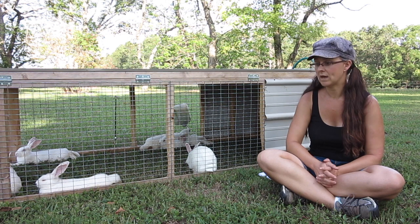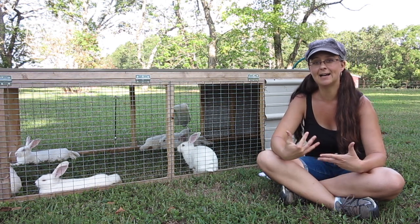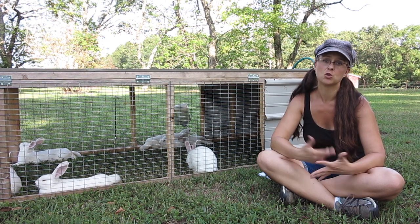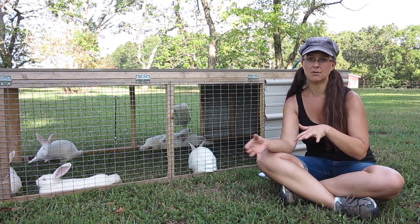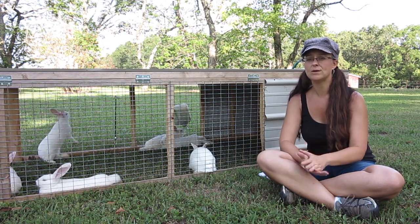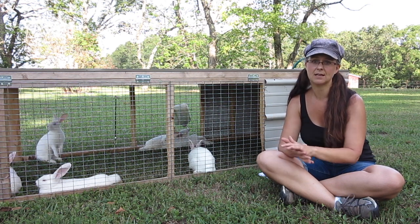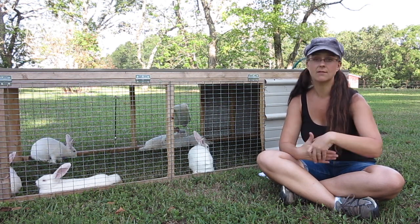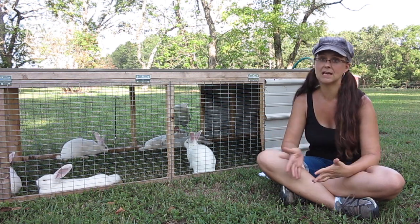Sometimes when the foliage is really rich and they're having such a great time, I will actually move them twice a day. Now, as an aside, it is important when you have rabbits in a rabbit tractor to move them every single day. Not just to give them more to eat, not just to save your pocketbook, but also